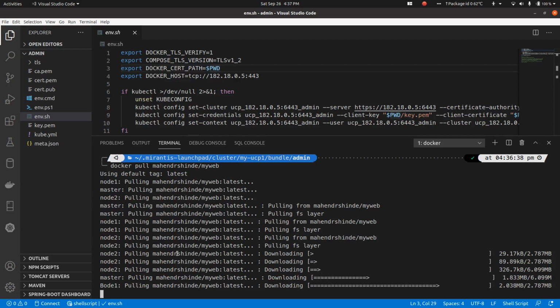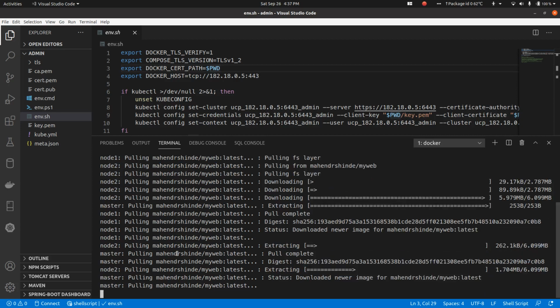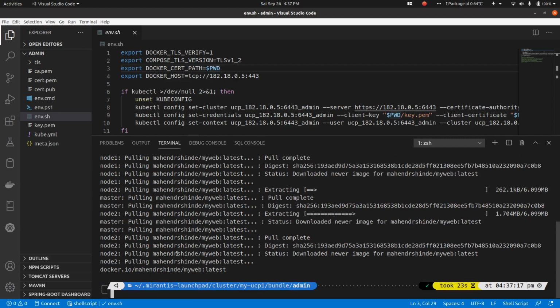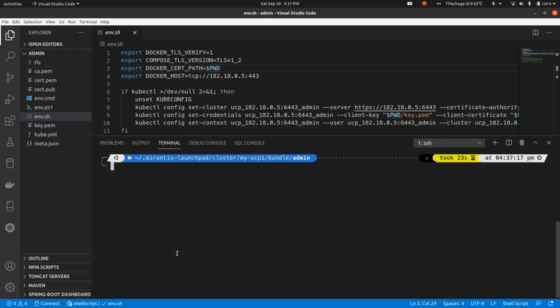Once the layers are downloaded, what I am going to do next is push it to my container registry. You will notice one thing here. You can see the image is getting downloaded in all the environments: master node, node 1 and node 2. All 3 machines have started downloading this image. This is just to make sure that the image is available through all those nodes, so it doesn't matter where I deploy this container, the image should already be available in the local cache.